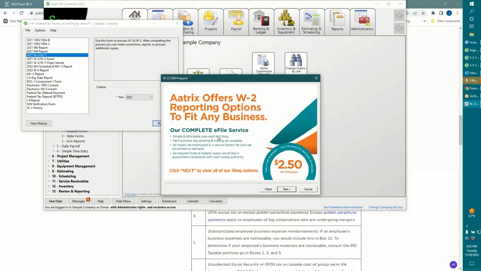Now we get to this screen from Atrix. And this says, if you want, you can file your W-2s electronically. So you'll be done with that part. And instead of printing them and sending them to the feds, they'll stuff them in an envelope, put postage on it, and send them to your employees. Costs you $2.50 a piece. I think that's really a bargain, but it's up to you whether or not you want to do that. Maybe you're a small outfit and you'd just as soon print them out yourself.